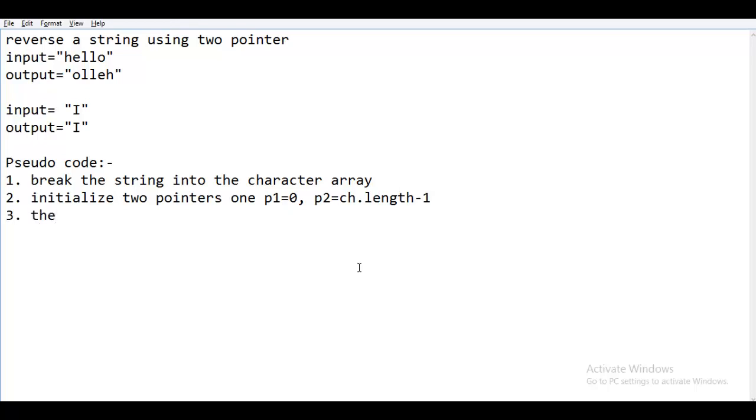Then swap P1 and P2 until P1 is less than P2.